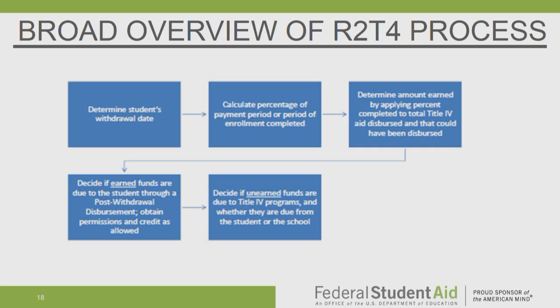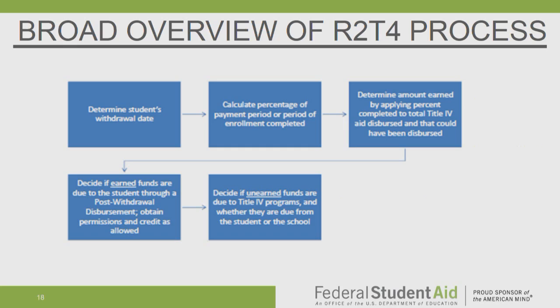That would be 5 days. So if the student previously, when you were calculating days from the first day of class to the withdrawal date, had 55 days, because there was a scheduled break of 5 days or more, it becomes 50 for you,